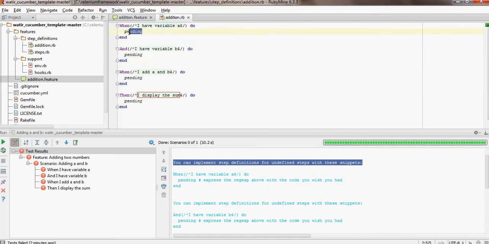When I have variable A, I would like to define a variable A is equal to 50. I would like to have my variable b as 70. In this block, when I add a and b, I'm going to define a variable sum, and I'm going to add a and b and assign the value to sum. And in the final, when I display the sum, I would print. In Ruby, the print statement is puts. Sum is